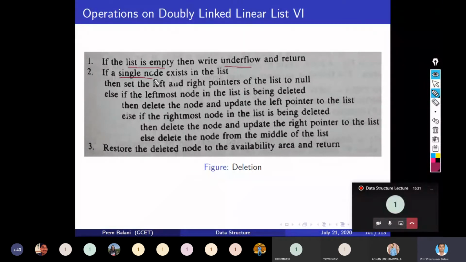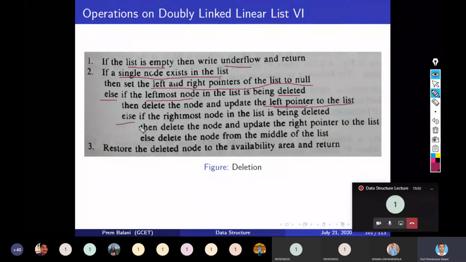And if only a single node exists in the list, then set the left and right pointers null, right, and return from the algorithm. Otherwise, multiple cases can arise. If the leftmost node in the list is to be deleted, then delete the node and update the left pointer to the list. We need to update the left pointer if it is the leftmost node.